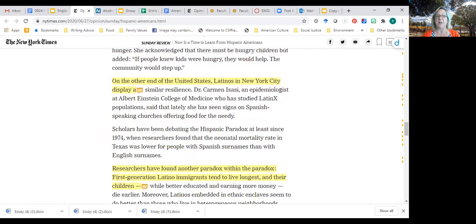She's an epidemiologist. She studies Latinx populations, and she says she has seen signs on Spanish-speaking churches offering food for the needy. So it's not just in Oregon, but it's in New York City too, that Spanish-speaking people, Latinx immigrant communities, care for each other in Oregon, in New York.